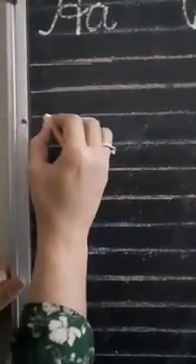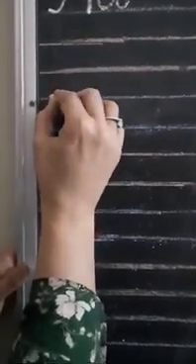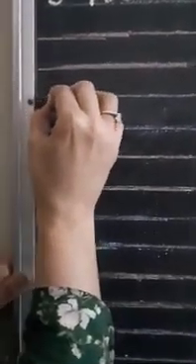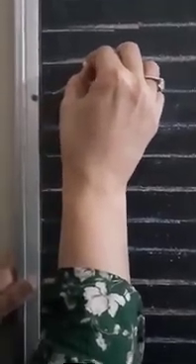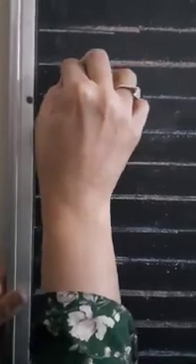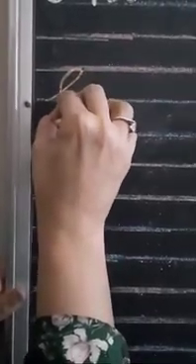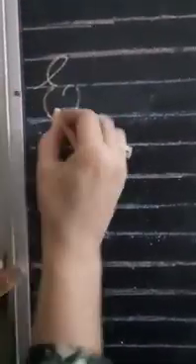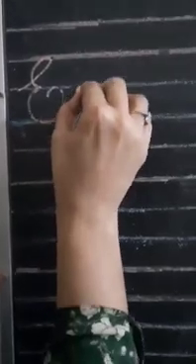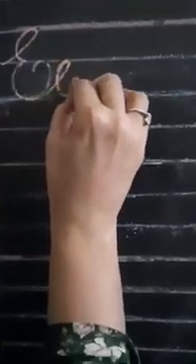Okay, now after joining D, it comes joining E. And we will start from the first blue line. Take a curve like this. Slanting line. Go up with a slanting line. Take a turn. Then again make a curve like this. Then take a turn. Go up. Touch first blue line and take a turn. Okay. Then from below, joining, we'll go up and make small e. This is joining E. Okay.